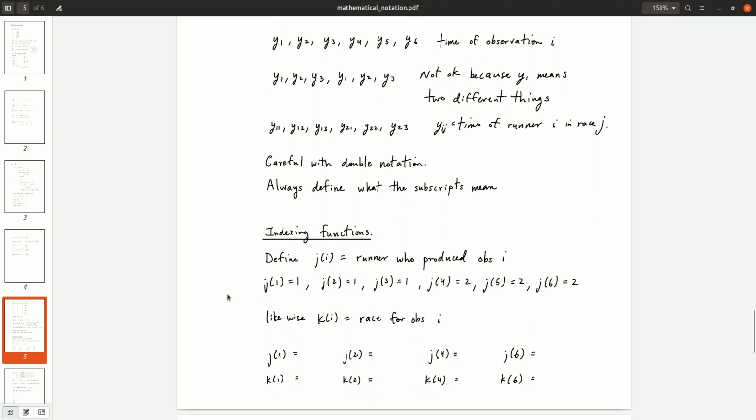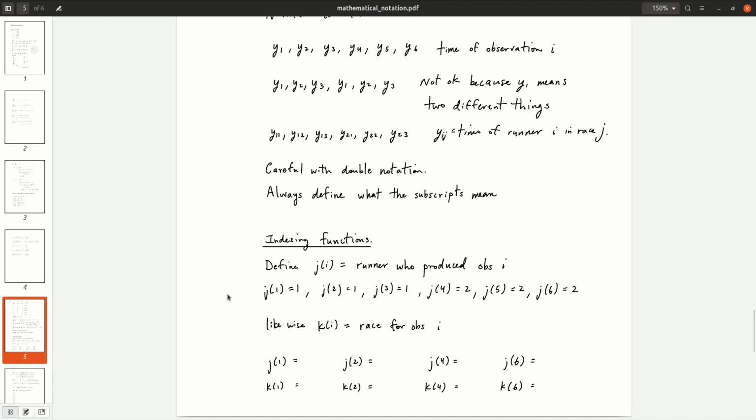Okay, the next thing that we're going to be using quite a bit this semester are what I'm calling indexing functions. I'm not sure that this is a common terminology for this sort of notation, but that's what we'll call it in this class. So what this means is I'm going to define a function. This is a function that I'm calling j, whose input is an index i. That's why I'm calling it an indexing function. So if I define j of i to be the runner who produced observation i,